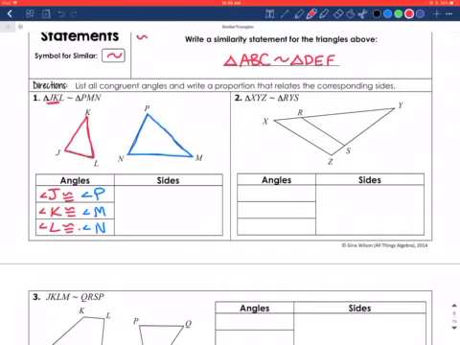So we have this similarity statement here. So JK will be proportional to PM. So I'll put JK up top, PM on the bottom. And then that is going to be equal to the same fraction of KL and MN, right? So we're going to have KL up top and then MN on the bottom, okay? And then that will be equal to our last one, which will be JL